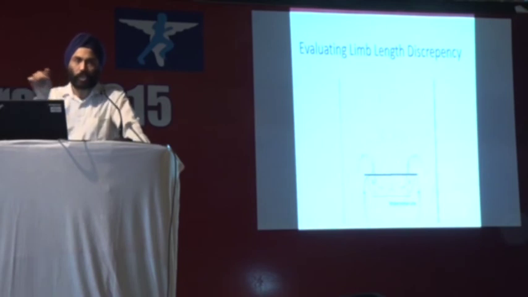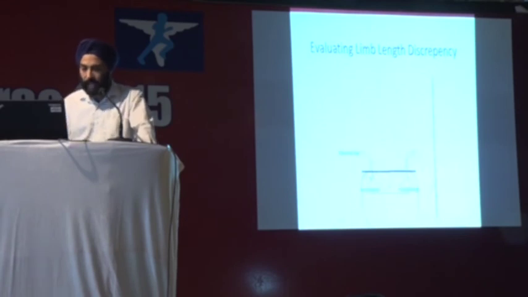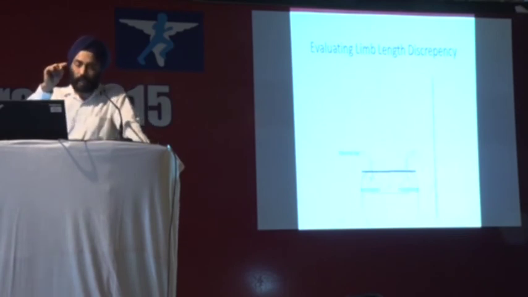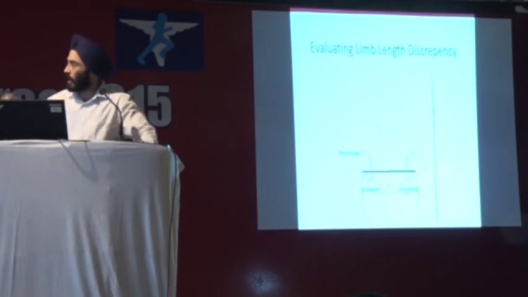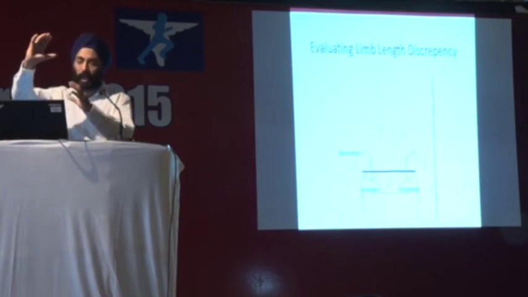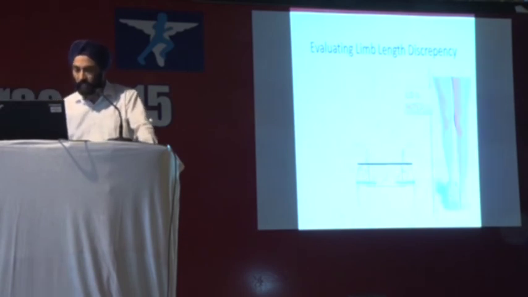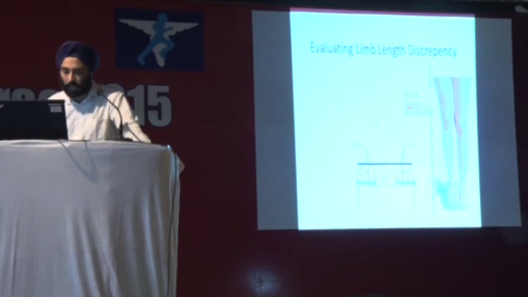Then join both the tuberosities also. That's the second line which you have already drawn. And see where the lesser trochanter upper border is formed. So you have to calculate the distance either between the lesser trochanter upper border and the tuberosity line like this, or the distance between the lesser trochanter and the line which was joining the teardrops. If the pelvis has gone up, if the hip has gone up, one of these distances will either decrease or increase. So you note this is the anatomical limb length discrepancy which is there.